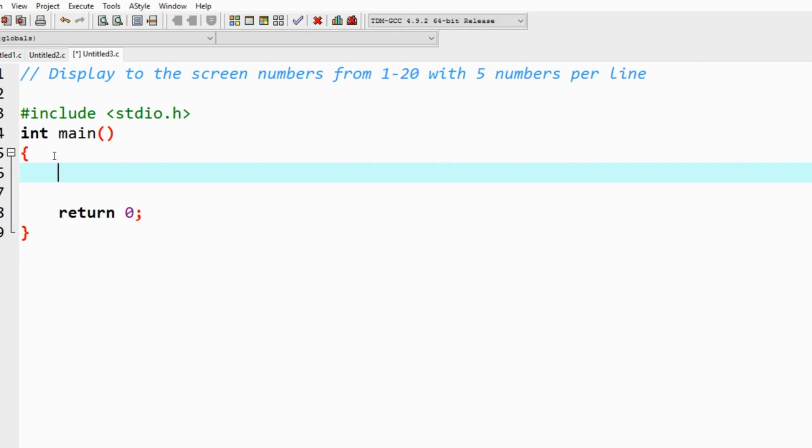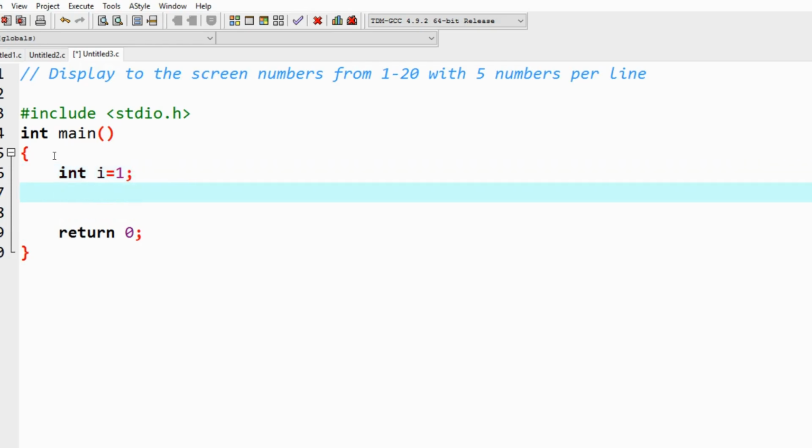So here we have int e. It will start from 1. Here, the action that will repeat is to write 5 numbers per line. So we will write the first 5 numbers, after we will repeat to write the second 5 numbers, after the third, and after the last. So here we are repeating something. That's why we are using a while loop. While e is less than or equal to 20,